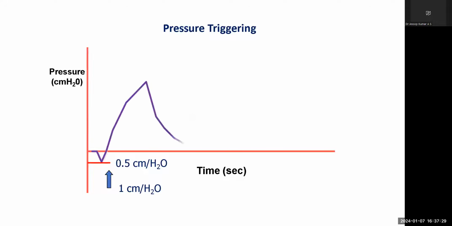So this is the pressure triggering. Here, as you can see, we have kept it at, say, 1 centimeter of water. So when the patient reaches 1 centimeter of water, that is a -1, then the breath will be triggered. Okay. So here also, what you have to understand is, if the patient is having a tachypnea, you